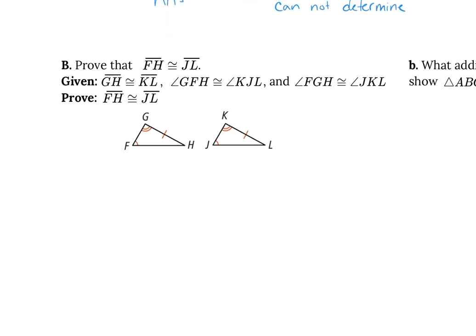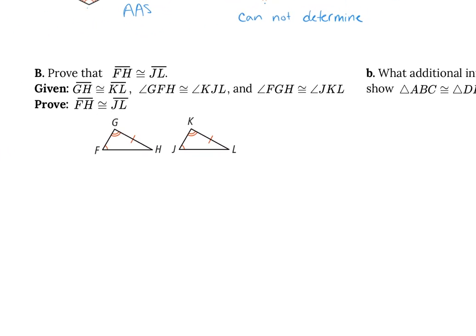Okay. Go back over here. We want to prove that FH is congruent to JL. So FH is congruent to JL, and we are given that our side is congruent to this side. Our angle, this angle is congruent to that angle, and then this angle is congruent to this angle. So we're given a side, an angle, and an angle, or an angle, and a side. So to prove this,